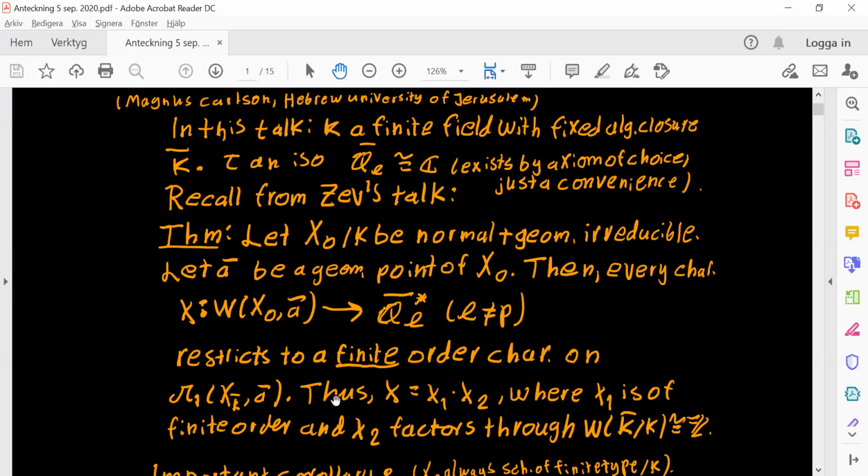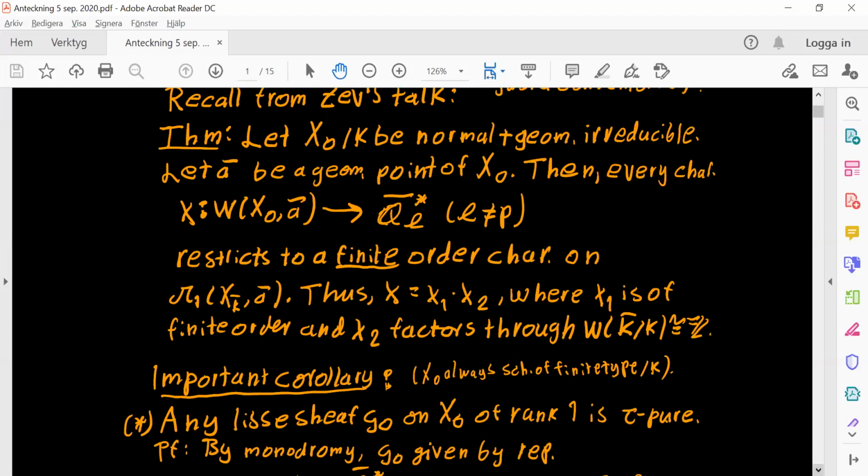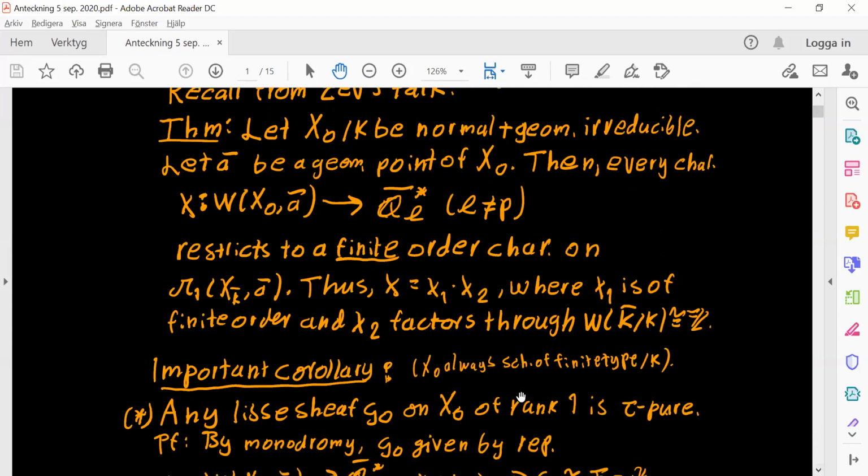And this implies that you can write the character as a product of two characters, chi1 and chi2, where chi1 will be of finite order and chi2 will factor through the Weil group of the base field. So this is a foundation for everything we will do today, more or less. As I think Sev said yesterday, we also have the following very important corollary, that any lisse sheaf G0 on X0